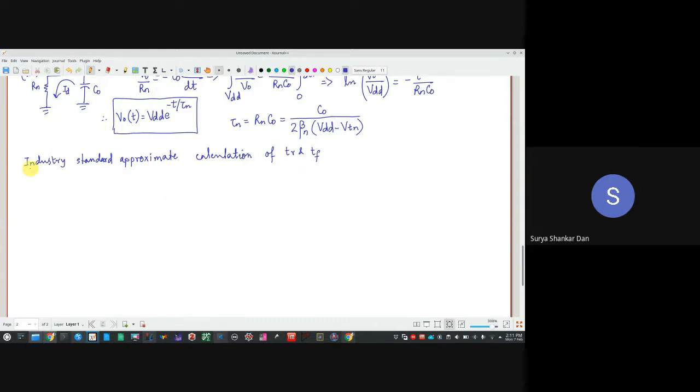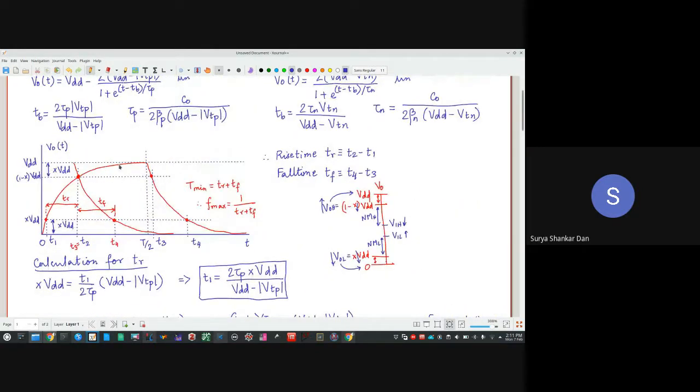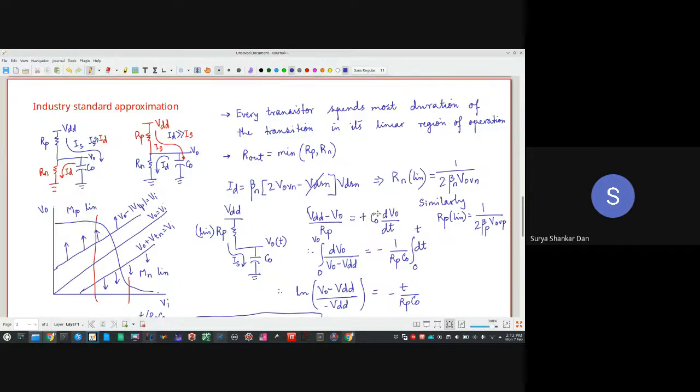How to do it, everyone knows. Suppose in industry 10% works, okay, then the moment you know that it is 10%, you don't have to bother about all this VO and all that. But suppose in a specific application you have to determine whether 10% should be sufficient, or 5%, or 25% should be sufficient, then you have to go through the value of VO, and then with the value of VO you find out the value of VOL and then the noise margin and all those things. Okay, but as a rule of thumb 10% is good enough.